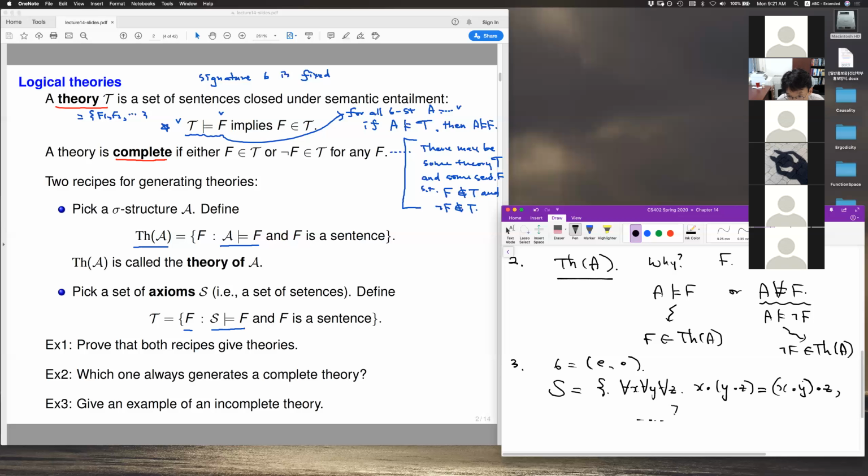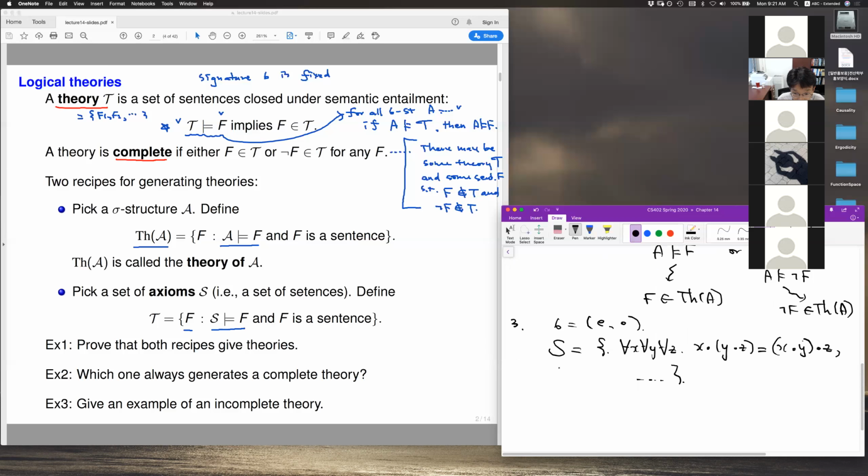If you don't know the group axioms, it doesn't really matter. There is something called group theory, and it has a bunch of axioms, and this axiomatization is incomplete. Why is that the case? There is a first-order sentence F_C which says this operation is commutative. And S doesn't imply F_C,